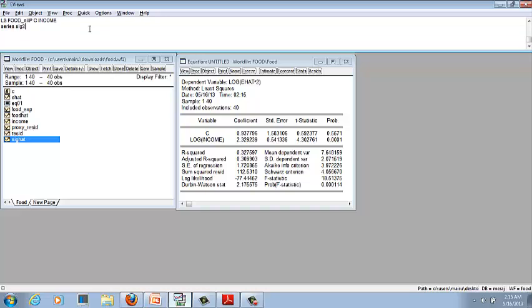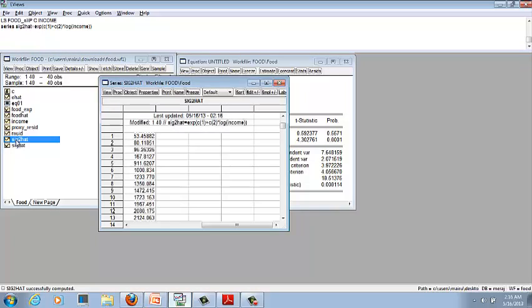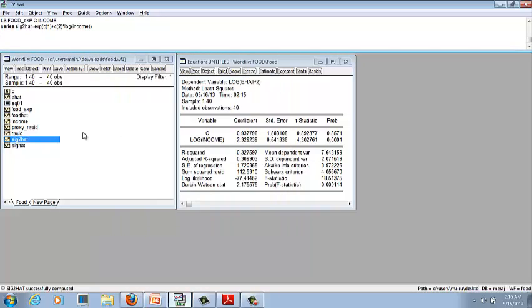Sigma 2 hat is equal to exp of C(1) plus C(2), the second coefficient, times the log of income. So here you can see sigma 2 hat has been created.